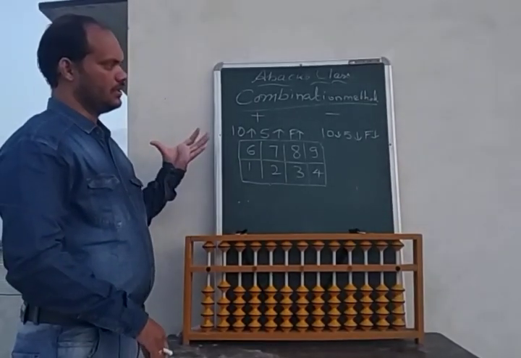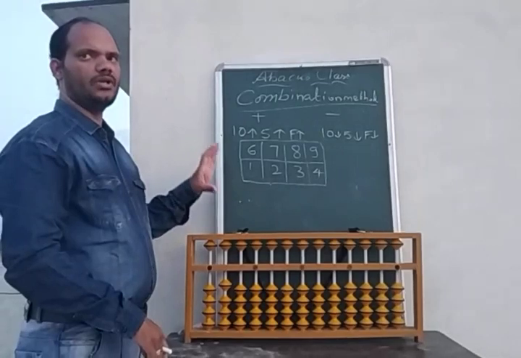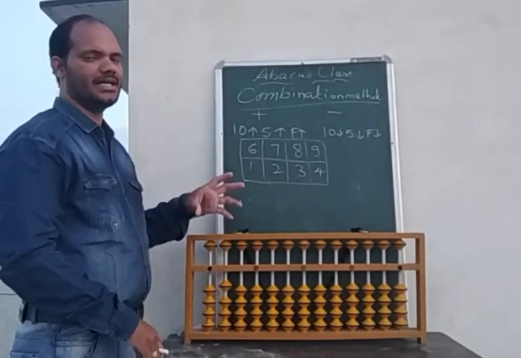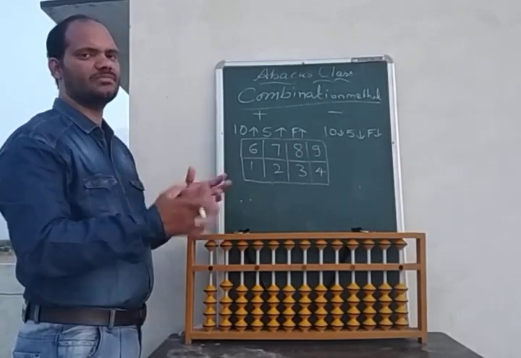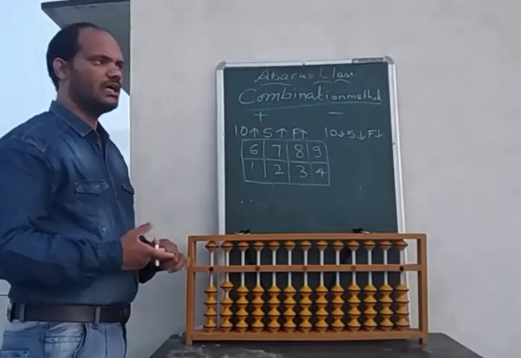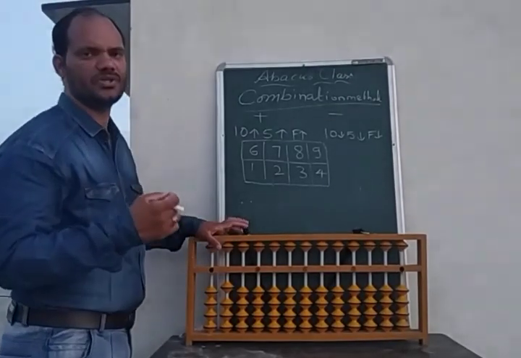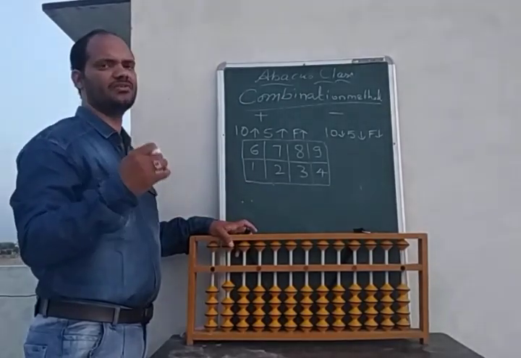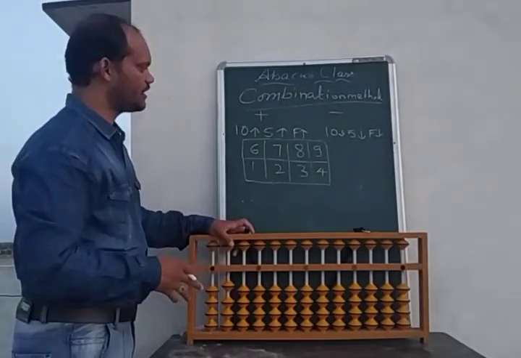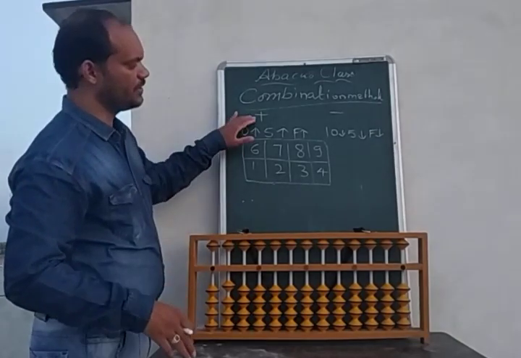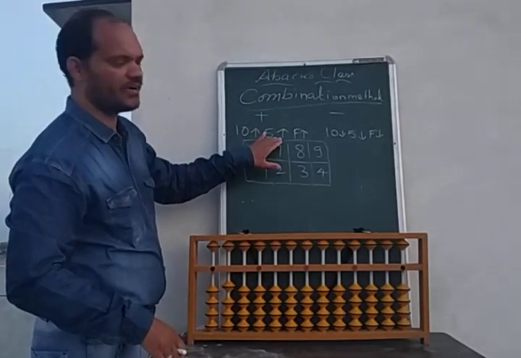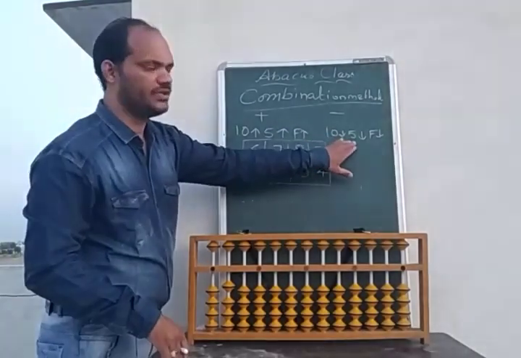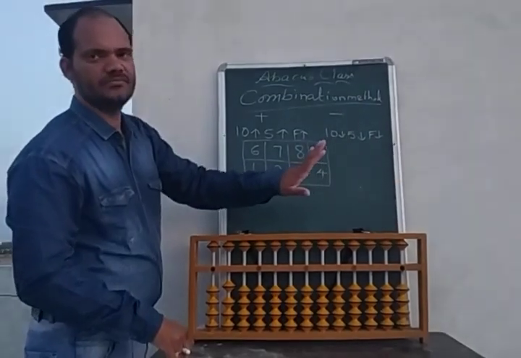After this you have to practice more and more problems, and you have to understand which is the combination: direct, big, small. When you combine these and do a lot of problems, after 1 or 2 years you will be a genius in mathematics, because your calculation will be just like a calculator. Now in combination, in plus we up the 10, we up 5 and we up a friend. In subtraction it is the opposite: we down 10, we down 5 and we down the friend.